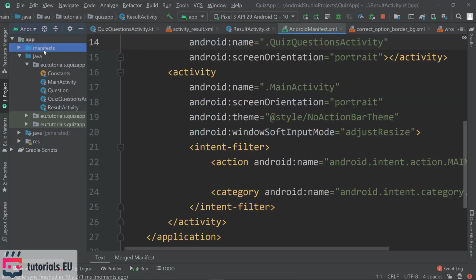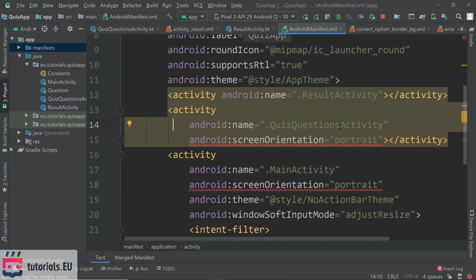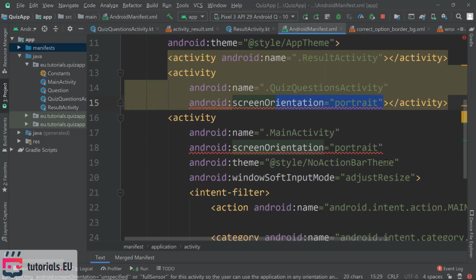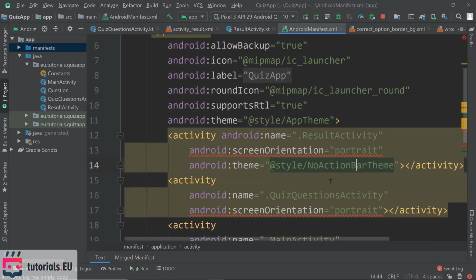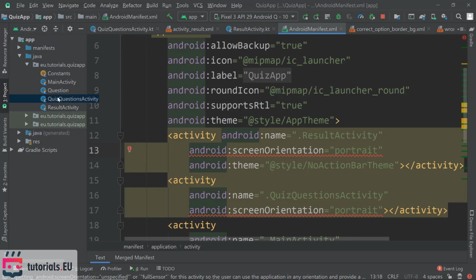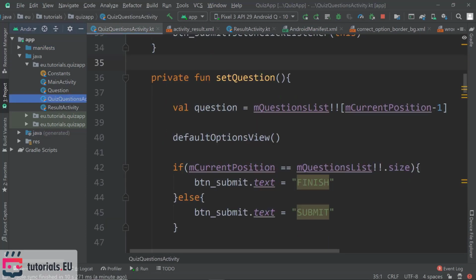Once it's ready, let's go to the manifest and adjust the activity accordingly. So I want to have the no action bar theme and also the portrait orientation for my result activity. So I'm just going to add that here. And then we can go back to our quiz questions activity, because here what we needed is a variable which